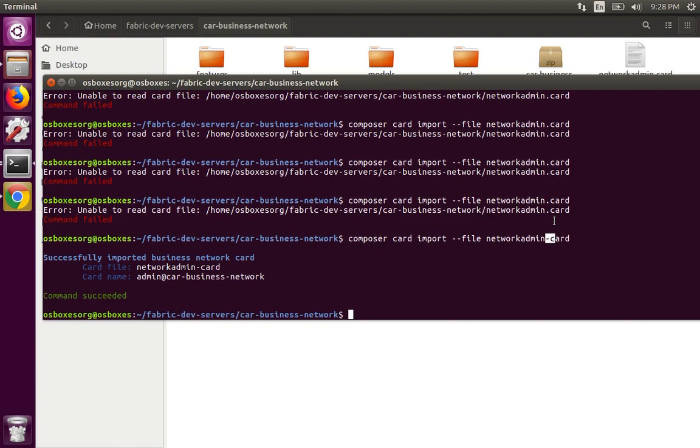And the next step, I'm just checking the next step. So we are going to check the command with the composer